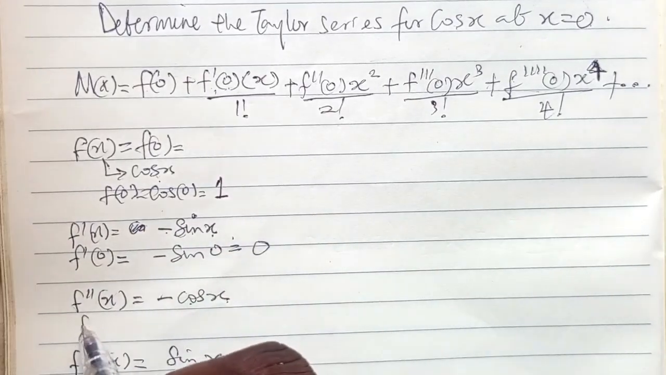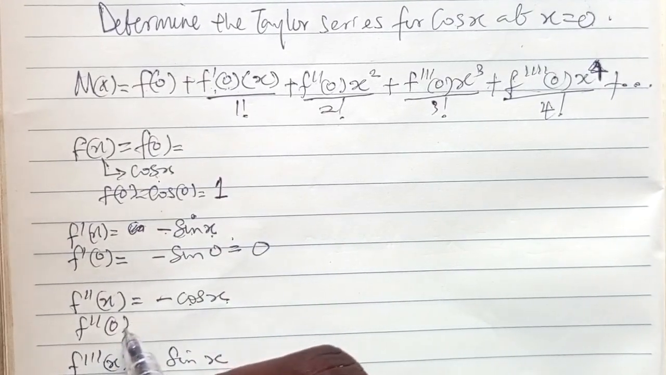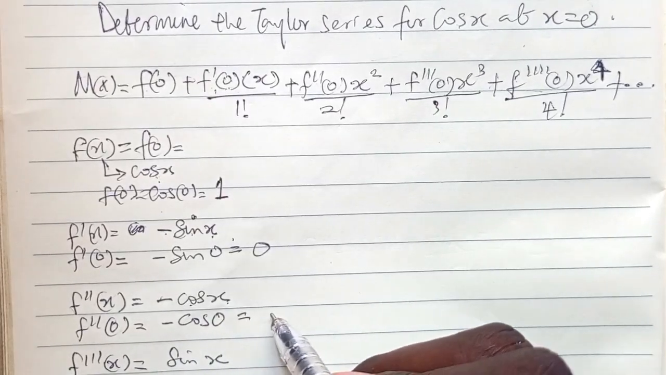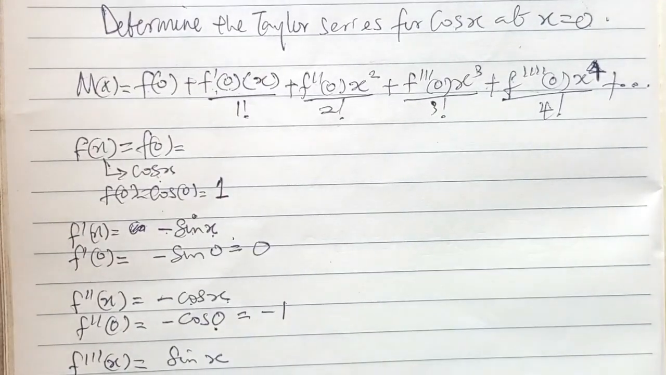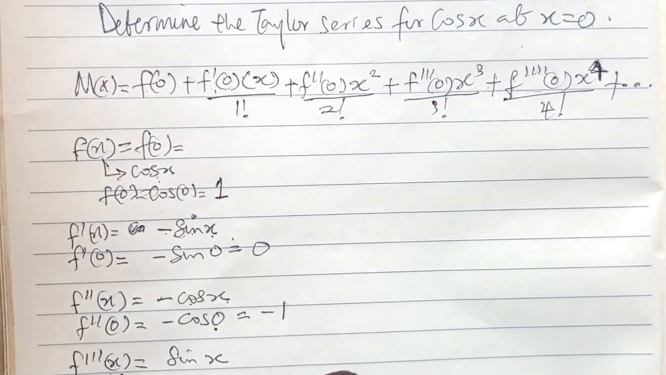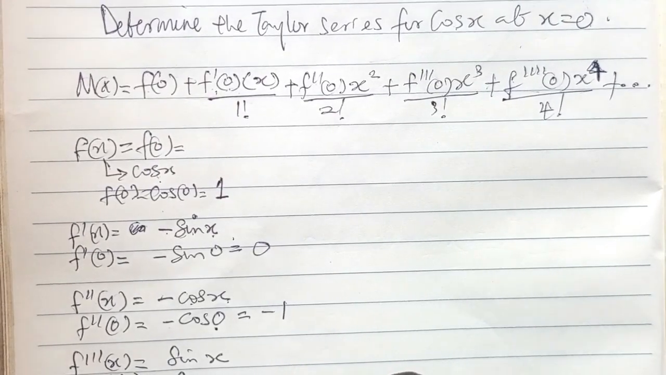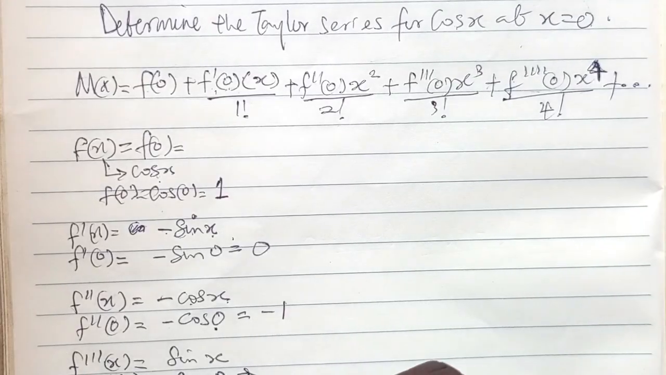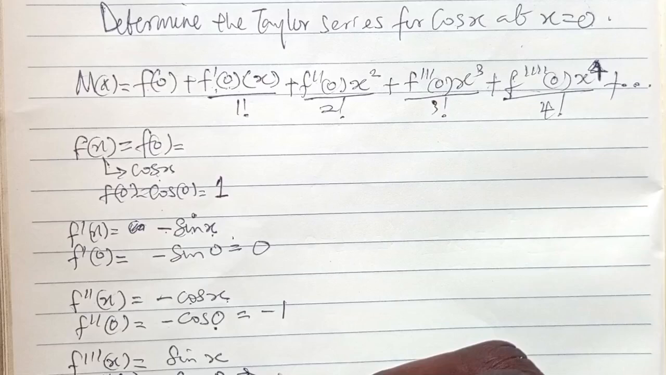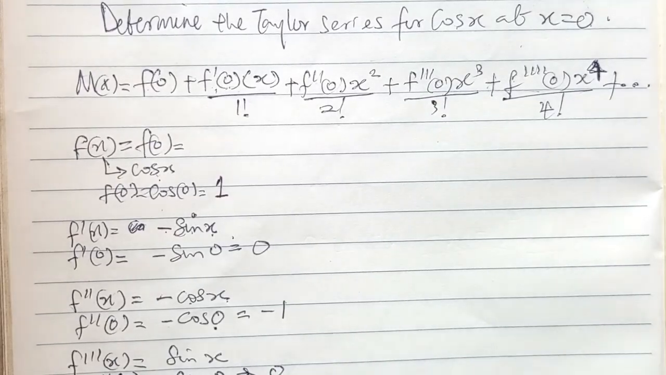They will come here f prime prime of 0. So I'm giving minus cos 0. That will be minus 1 because cos 0 is 1. So that will be minus 1. Okay, this one will be f prime prime prime of 0. This one will be sine 0. I'm using 0 because in the question it says x is equal to 0. So sine 0 is 0. Okay, the last one